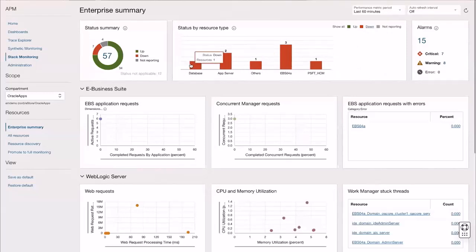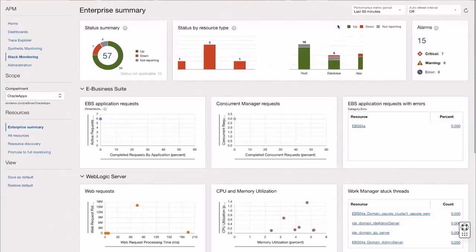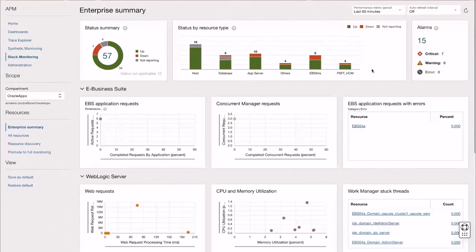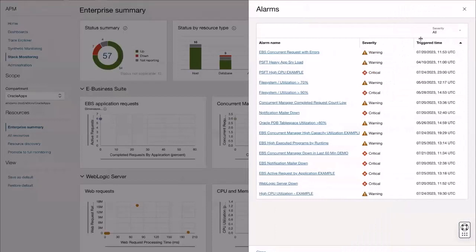So we can see that of these 7 resources that are down, we have 1 that's a database, app server, others, EBS, etc. We can also reset that and bring it back to normal. Also at the top is the count of open alarms. So here we can see that we have 15 open alarms within our monitored resources, and clicking that button provides